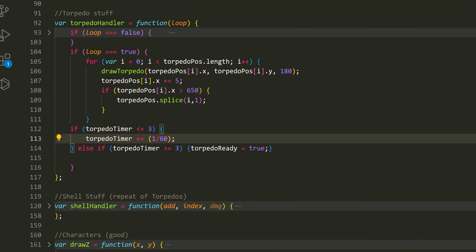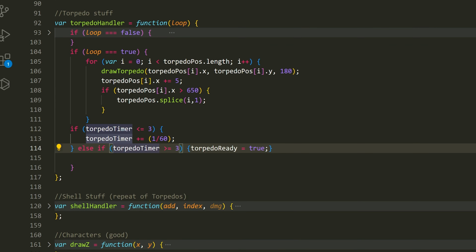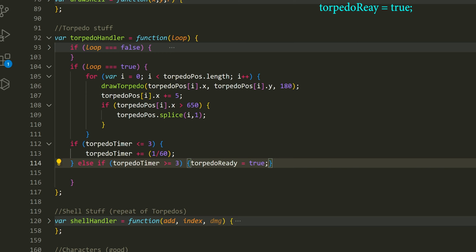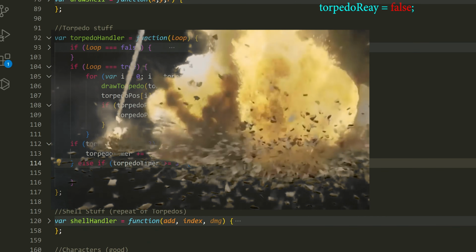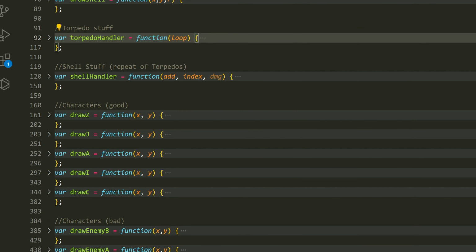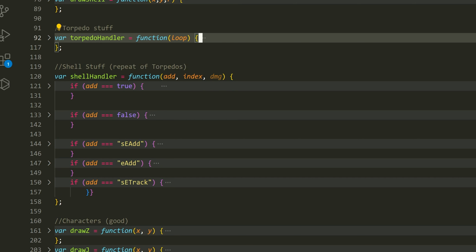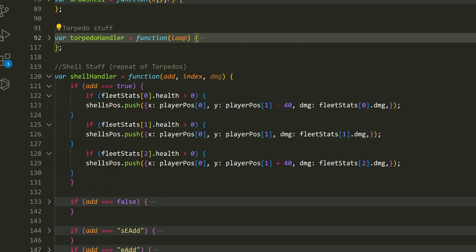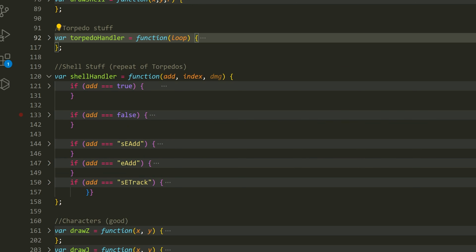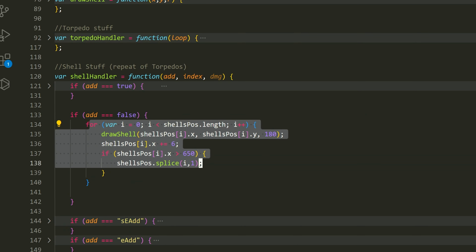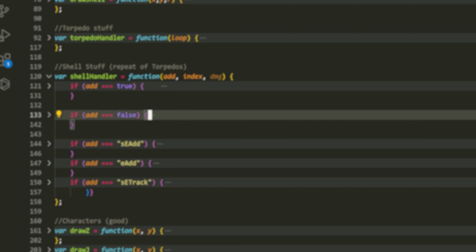Alright, and then as we can see here, there's an if-else. If torpedo timer is greater than or equal to 3, then torpedo ready is equal to true. This means that you can launch some torpedoes. Now, I'm not going to get into launching of torpedoes because you can check that out for yourself in the project. Shell handler here is just about the same thing, except if add is true, then you add shells. If add is false, then that means you loop through all the player shells. Now, if add is special enemy add,